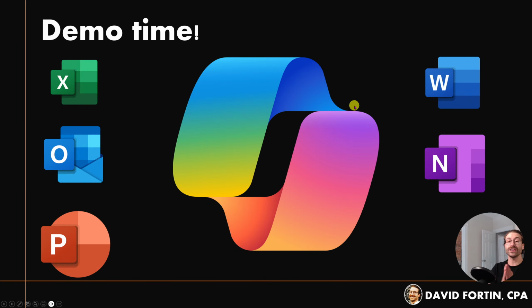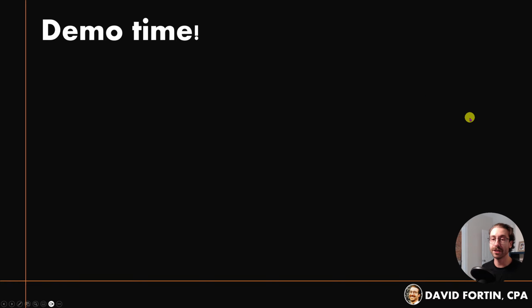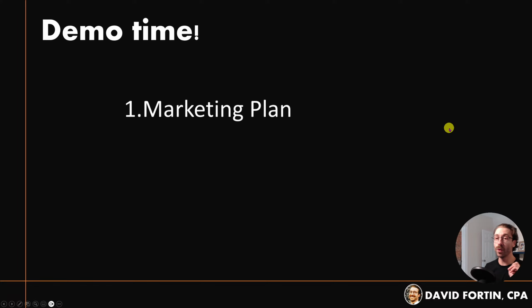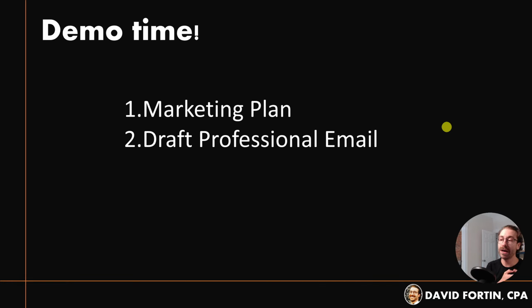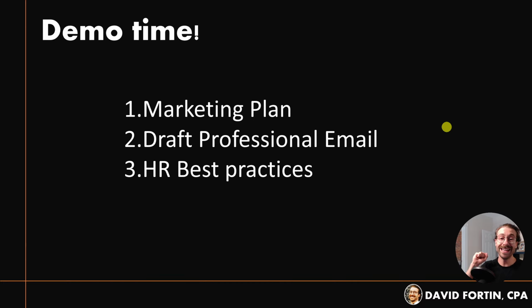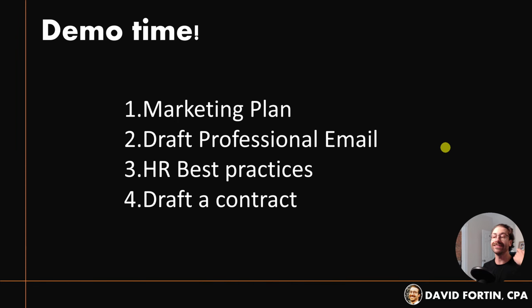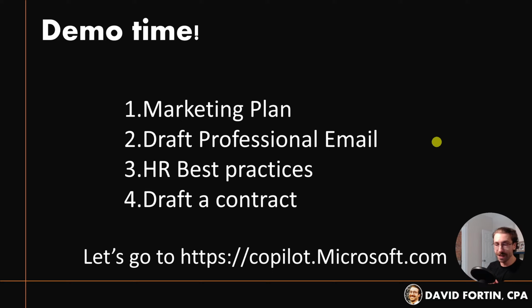All right, so enough talking. It is demo time. If you want to do it at the same time as me, you have two choices. You do it or you wait and you watch. You can go to copilot.microsoft.com. And what we'll do is four things. First, I will ask Copilot to help me create a marketing plan. Then I'll ask Copilot to draft a professional email. Then I'll ask Copilot what the HR best practices are when I just onboard a new company. And then I'll ask Copilot to draft a contract. And all of this, I will do with the free version at